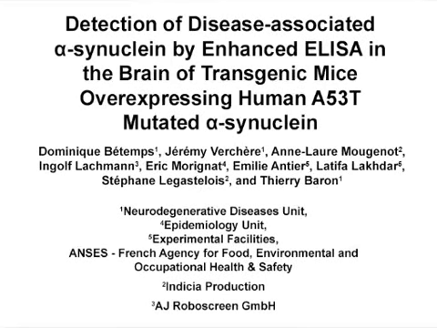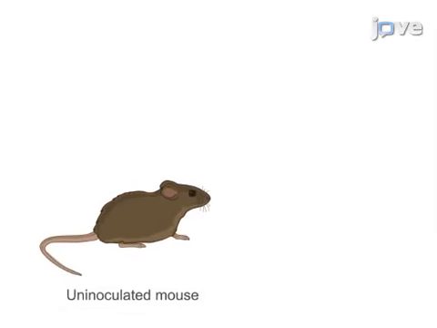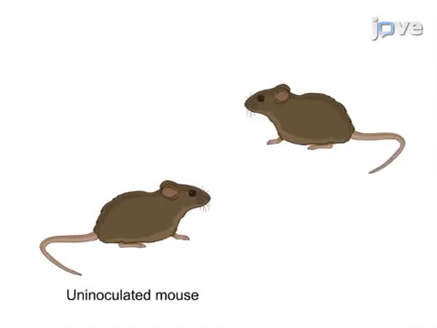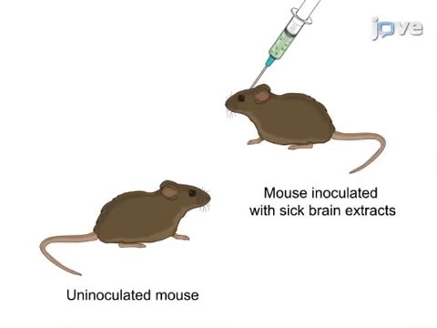The overall goal of the following experiment is to monitor the accumulation of the disease-associated α-synuclein in a transgenic mouse model of Parkinson's disease, using a quantitative ELISA approach. This is accomplished by first allowing uninoculated mice to age normally, or by inoculating mice intracerebrally with a brain extract